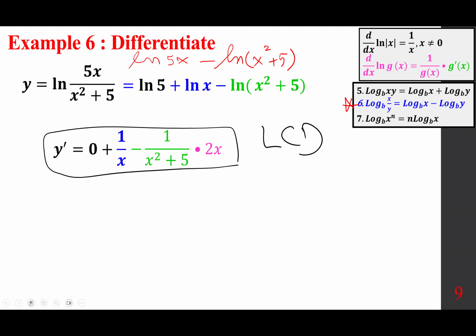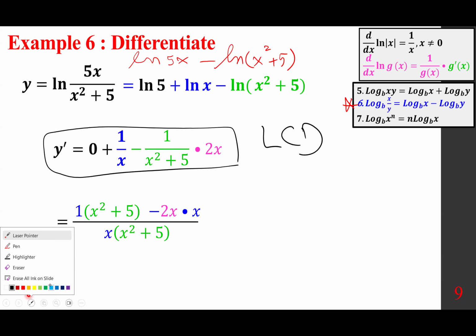We take a common denominator, which is x times x squared plus 5. This one, 1 times x squared plus 5. And this one minus 2x times x. So we are combining the 2 fractions using LCD, and we are going to simplify the numerator as